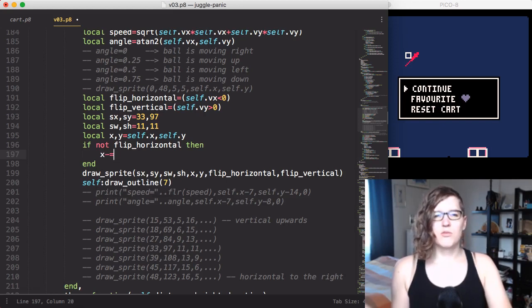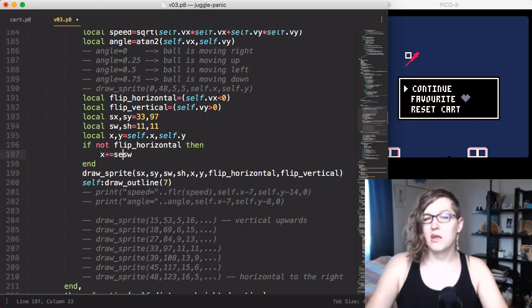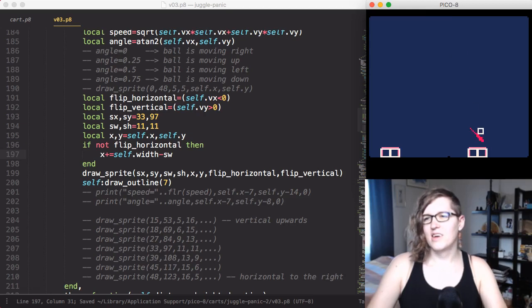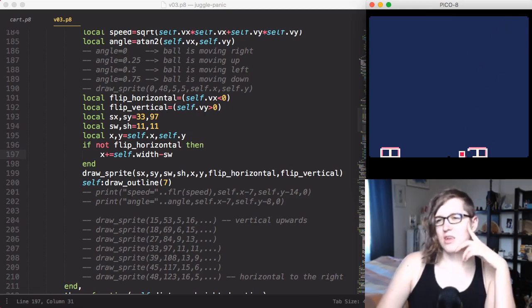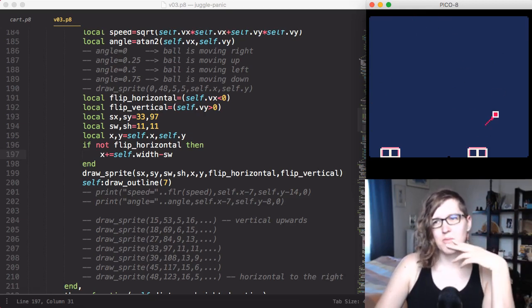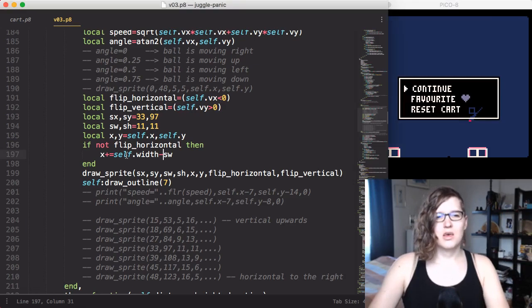We want to subtract the width of the sprite, but we want to add, let's add, this thing's width minus sprite's width. Yeah, that was rough. Looks right. So when it's moving left and up, it's in the right place. When it's moving right and up, it's in the right place. Let's fix it when it's flipped horizontally